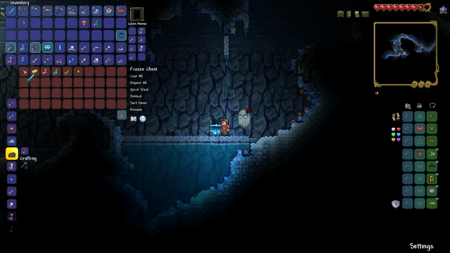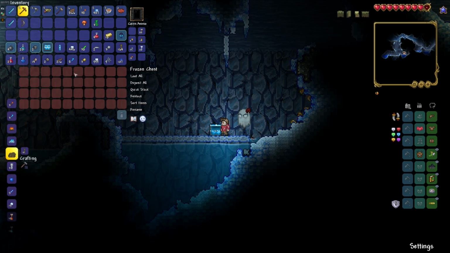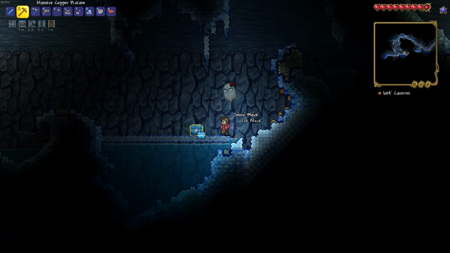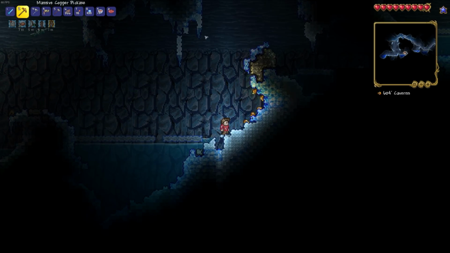We have a demonic ice blade. It's even better than the ice blade we just got. Bro, Holly and I have new melee weapons, bro. Okay. Let's take the chest with us. And then I need to figure out...